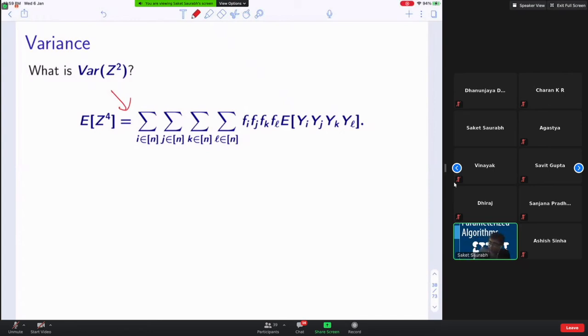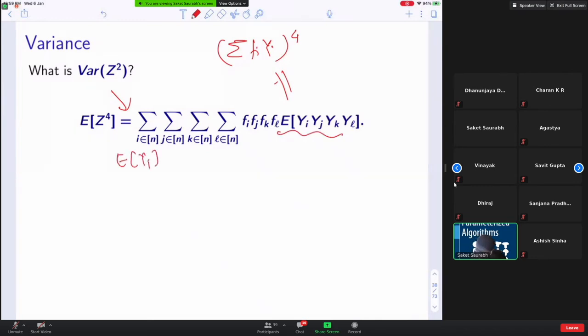What we had, remember, was the summation of f_i Y_i, the whole to the power 4. So all the 4 terms will appear, some square times, some cubic times, all the multiples with some coefficients. Do you agree? I'm not bothering about those coefficients at this point of time, but you can also write this formula like this. This is just normal algebra. So what will 4-wise independence imply? That I can write down this term.